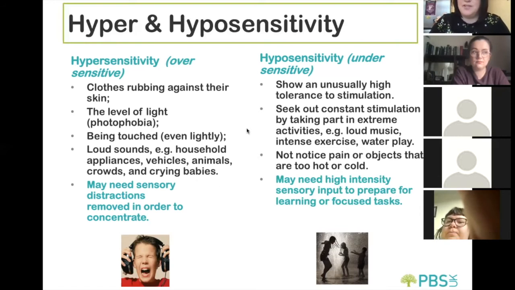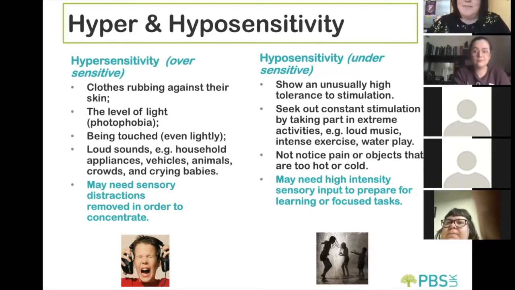So they're the two opposites, as I say, hypersensitivity and hyposensitivity. However, one thing that makes it even more confusing is that you don't just stick Charlie in the oversensitive and Clark in the undersensitive. It's not that a person is oversensitive to everything or undersensitive to everything. You might have somebody who's oversensitive to sound, but undersensitive to touch, and then oversensitive to taste. It can be a really complicated profile from person to person.